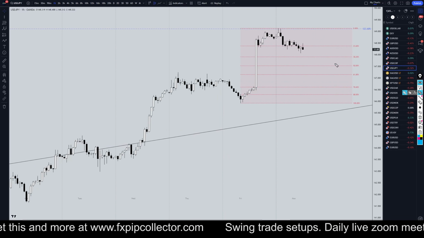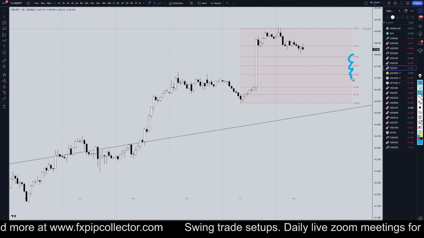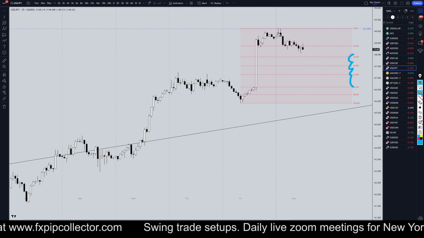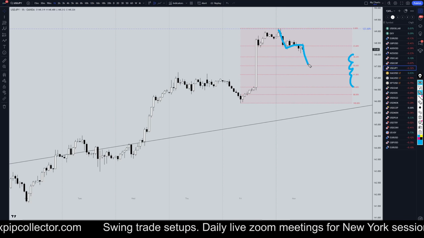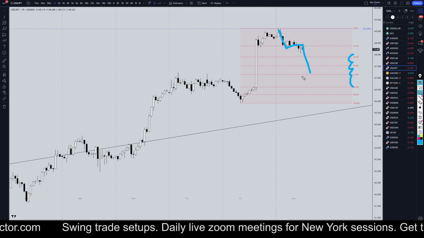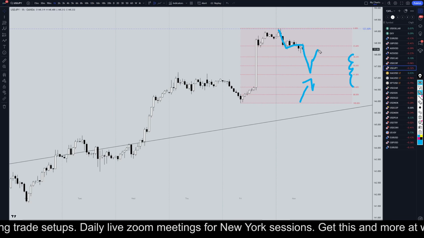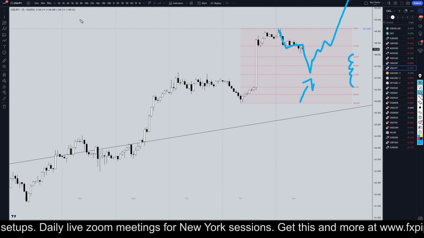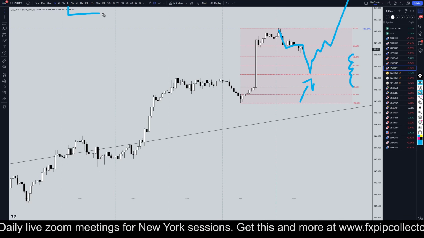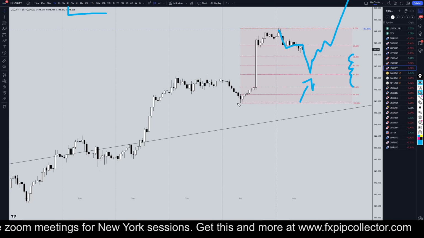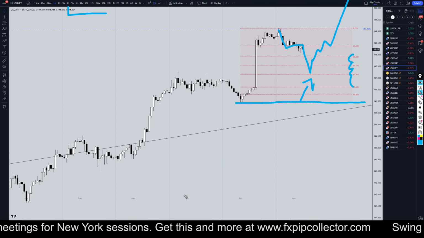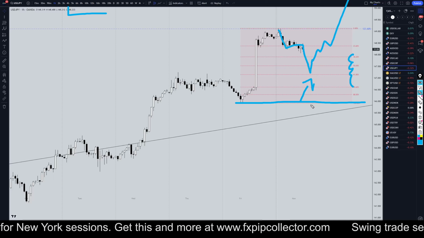Going down to the 1 hour time frame, I'm watching very closely my Fibonacci retracement levels. I'm looking for 1, 2, 3 waves down to any one of these fib levels, impulsive up for another entry to go long. As long as it continues to make those higher highs, higher lows on the higher roadmap time frames, as long as it does not break this low right here, I am definitely looking at every move down